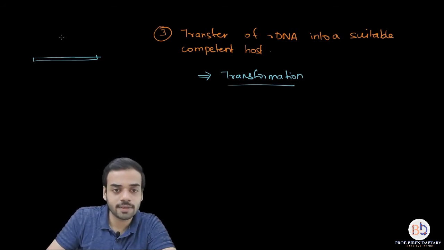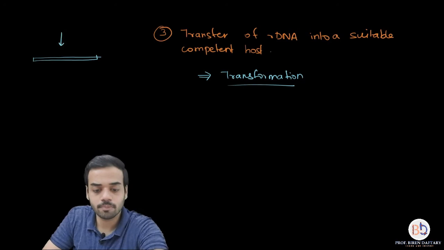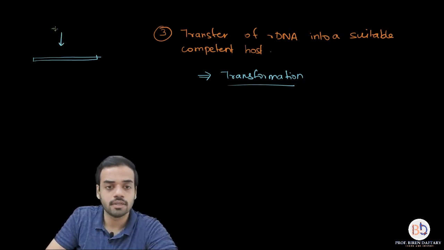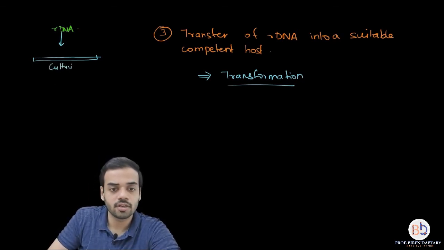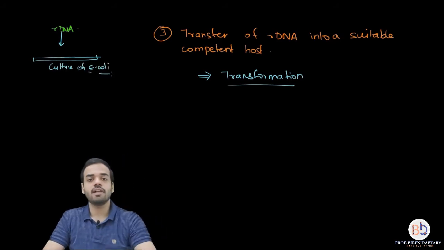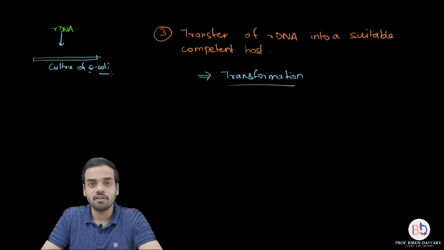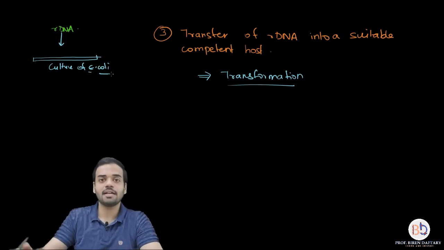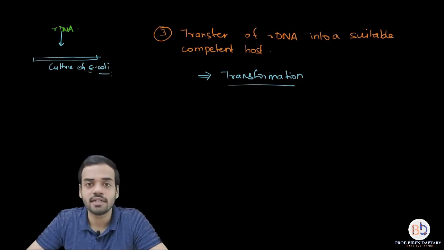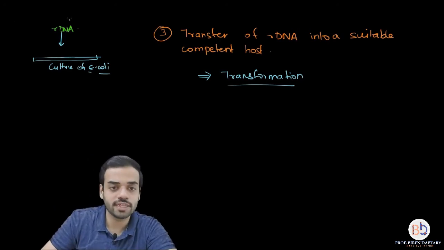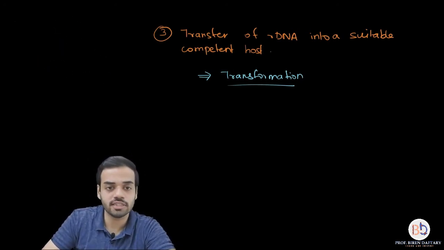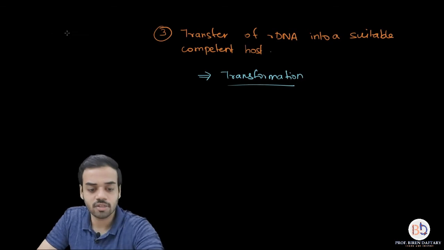So this plate, in that we will be pouring the recombinant DNA, and over here I will write down, this is culture of E. coli, okay. So what will happen is, in that plate where E. coli is present, you are adding the recombinant DNA. So the E. coli gets surrounded by recombinant DNA, so it gets something like this. If you want to see the image, just imagine the E. coli to be like this.